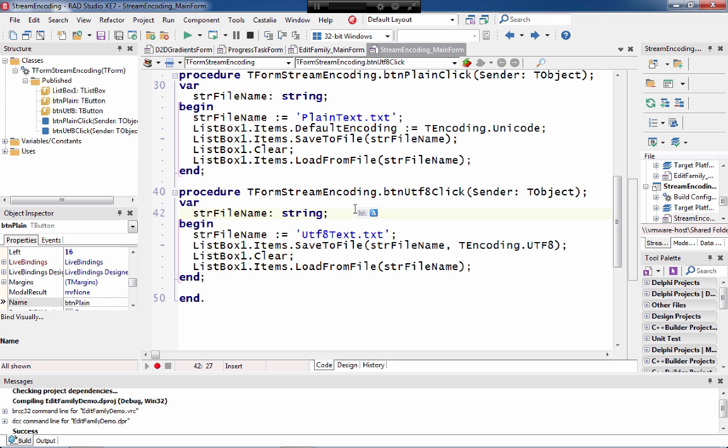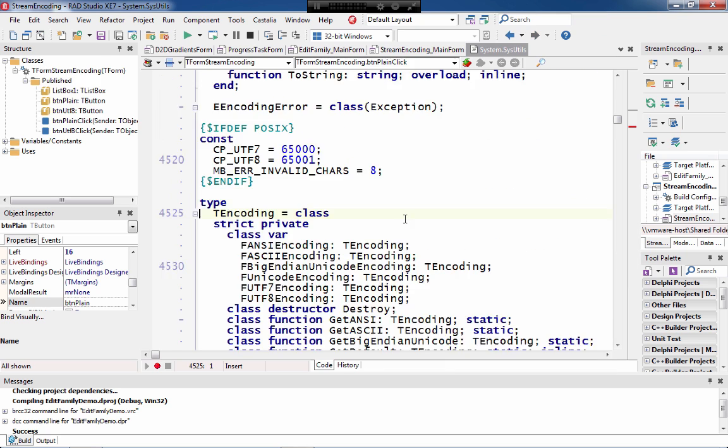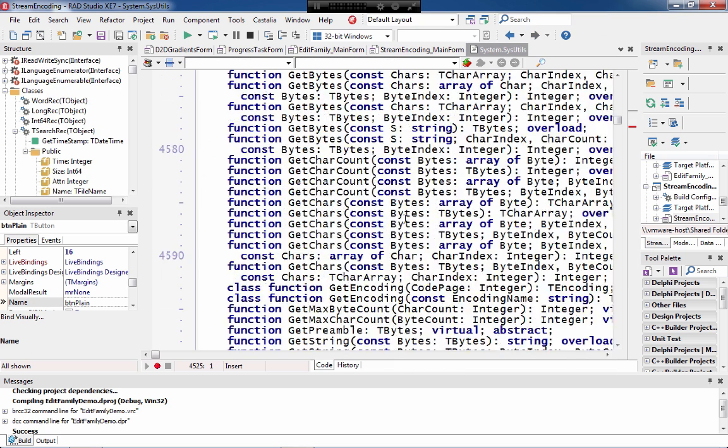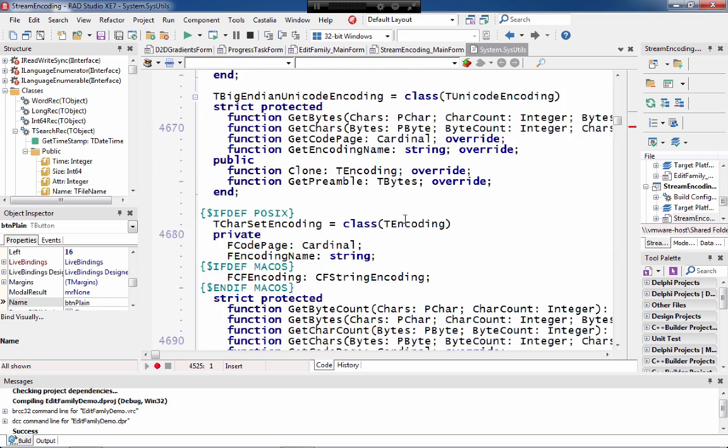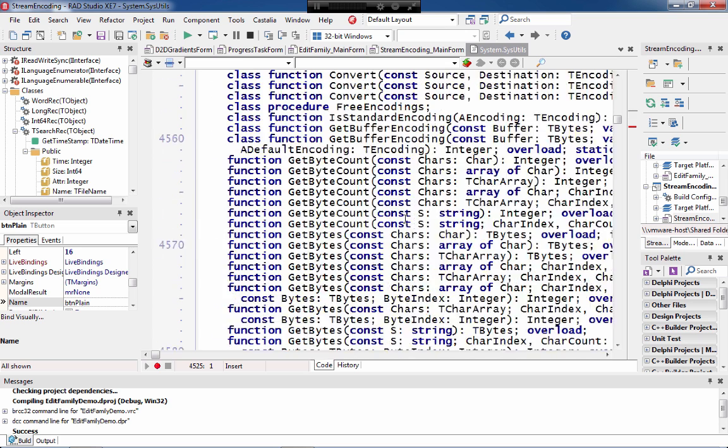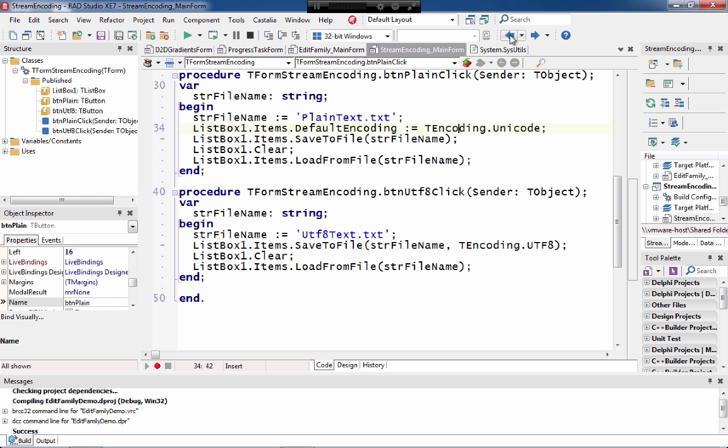So there are ways to handle loading and saving Unicode files that are actually extremely smooth and well integrated into the scenario. Not to mention the fact that you have not just an encoding class, but a full hierarchy of encoding classes with different formats and different mechanisms for reading and writing from code. So TEncoding is a fundamental class for Unicode support, but in many cases features are just integrated into the library